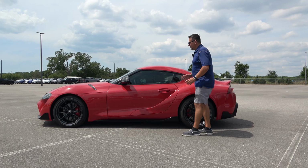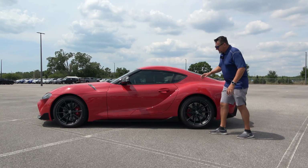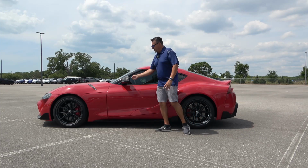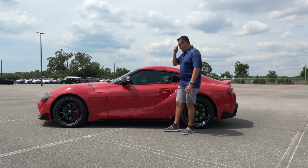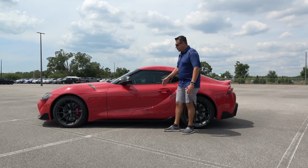13.7-inch rotors in the front and about 13-inch rotors in the back as well, with the 4-piston calipers in here. And then the standard amenities for a lot of modern cars right now: turn signal indicator and blind spot assist, smart entry system. You can see I can lock this vehicle pressing this button right here. The mirrors fold in, and all I have to do is stick my hand inside of the door handle to